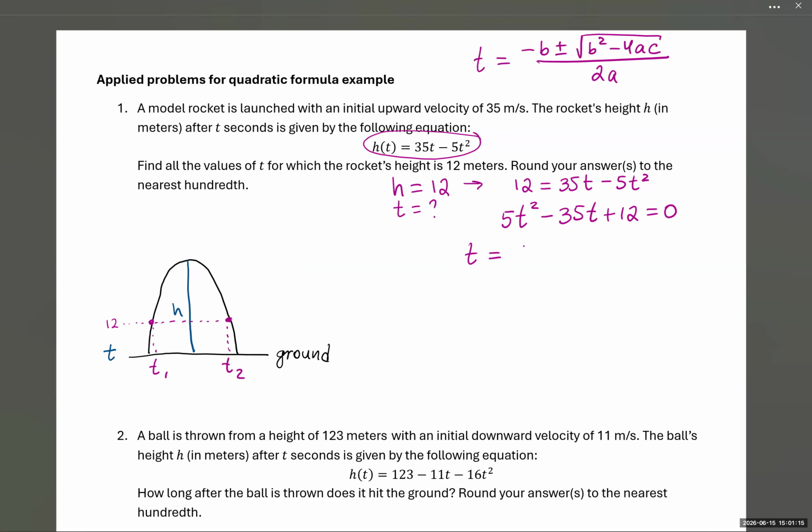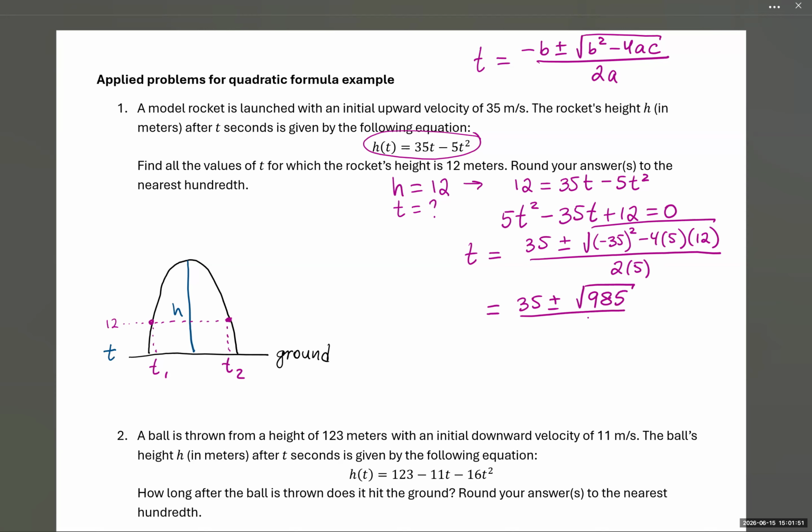My b is negative 35, so negative and a negative will be positive 35, plus or minus square root of negative 35 squared minus 4 times 5 times 12, all of that divided by 2 times 5. We'll continue to simplify this. This is 35 plus or minus the square root. When we square the 35 and then subtract the 4 times 5 times 12, we should get 985